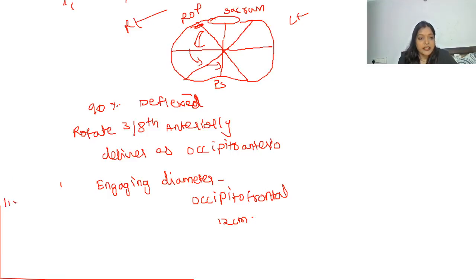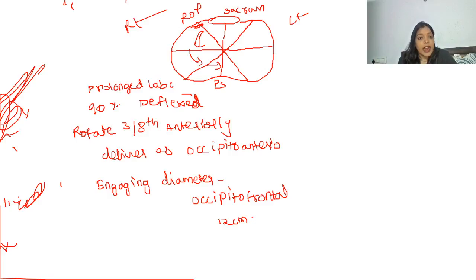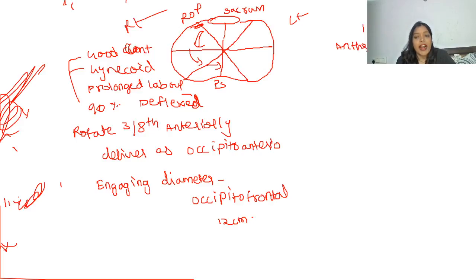That's the reason we always have prolonged labor in these patients, and we have to wait and watch, right? And very important, this 90% usually will, the two other P's should be normal. That is, they should have a gynecoid pelvis and they should have good contractions, right? Now 10% of the times, when it is anthropoid or android pelvis,